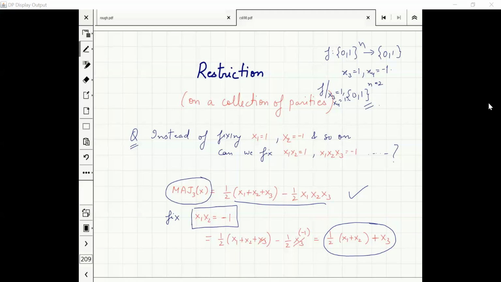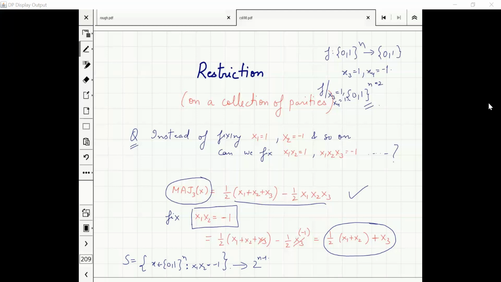My new function has a smaller input space. It is allowed to have only those inputs. So now my function will be defined on x's such that x1, x2 is equal to minus 1. And how many inputs are going to be like that, by the way? Anyone would like to take a guess? Half of the entire inputs. Very good. It is just 2 to the power n minus 1. In this case, you had three variables. So now there were 8 inputs, only 4 inputs will remain.